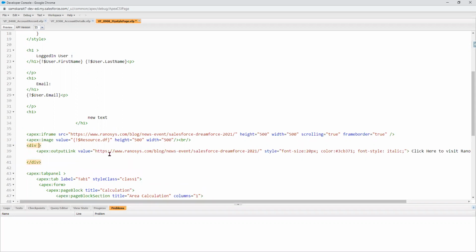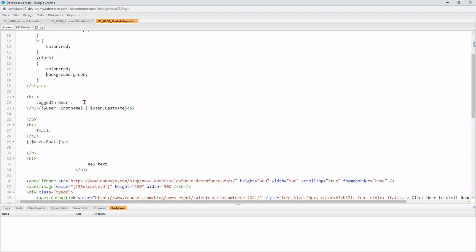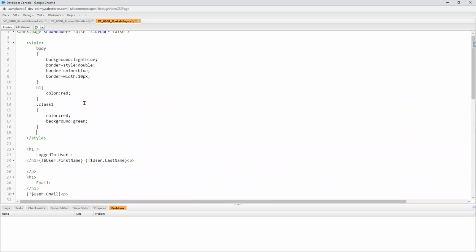And we have another attribute called class. Class equal to, I can give any name, my box. Now I'll take this my box and go to the style tag, as this is a custom one. So dot my box,